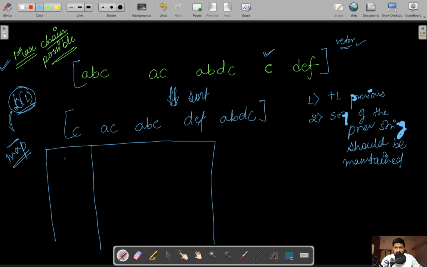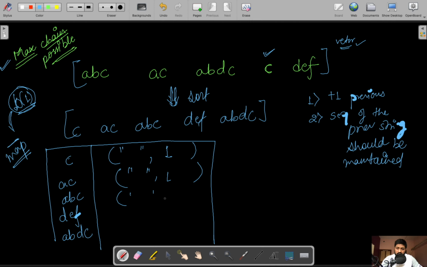In this case we have a map which will contain all the strings as the key, and for the value it will contain a pair in which the first value is a string and the second value is an integer which is initially 1. Let me first initialize this with 1,